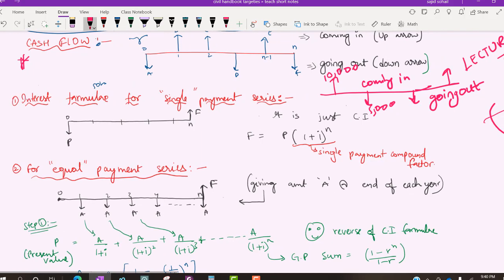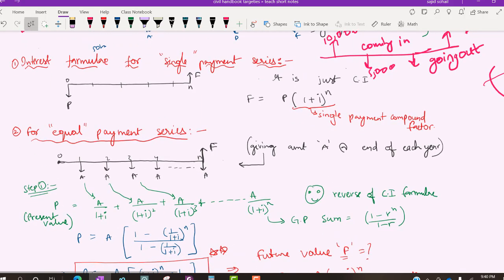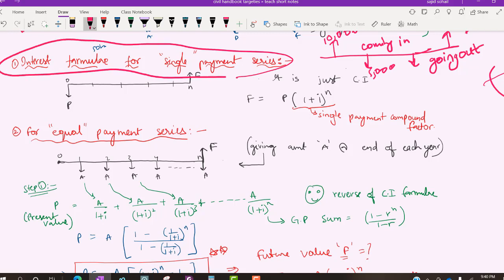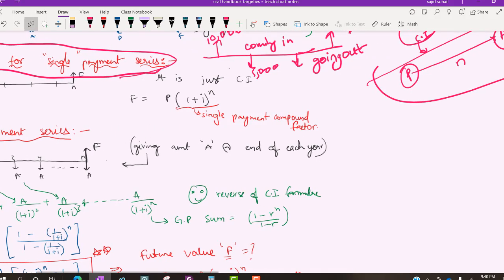Nothing to worry, right? So let us continue with the next topic, which is the interest formula for single payment series. What is it? That means you are paying once and after n time intervals, how much money are you receiving? Let us say this is what you have paid, principal P, and after n years, the future amount you are going to receive is F. How to get it? Very simple. It is similar to the compound interest formula only. You paid P, after n years you will be receiving F amount. So F is equal to P into (1 plus i) to the power of n. End of story. Quite simple.